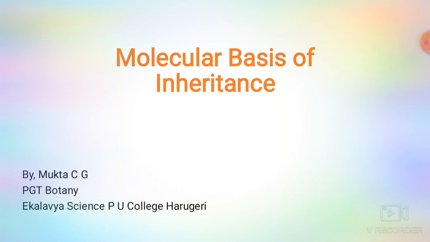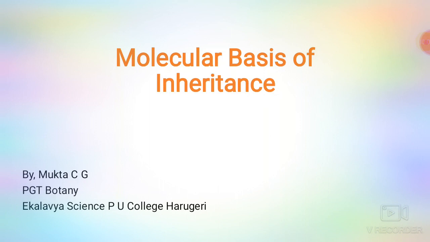Today I am going to discuss the central dogma. In our previous classes, we have discussed the salient features of the double helix structure of DNA. It is made up of two polynucleotide chains where the backbone is constituted by sugar and phosphate, and the bases project inside, and the two chains have anti-parallel polarity.